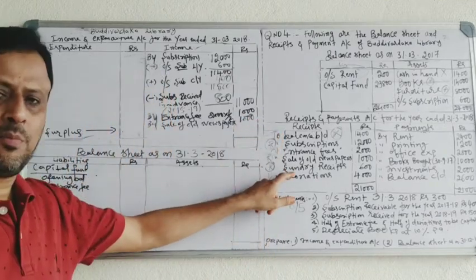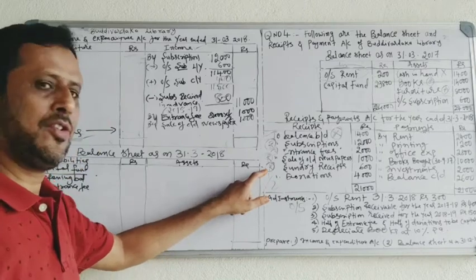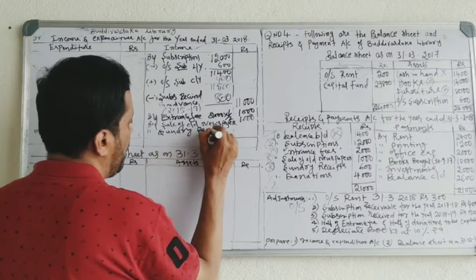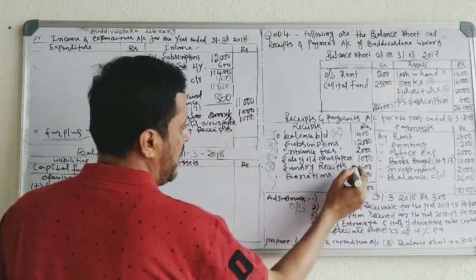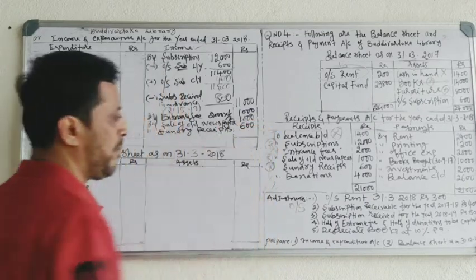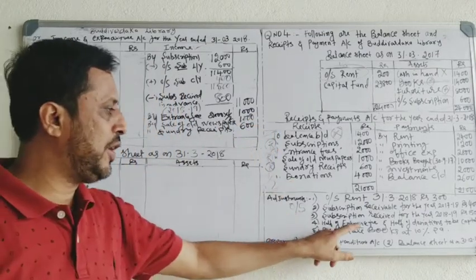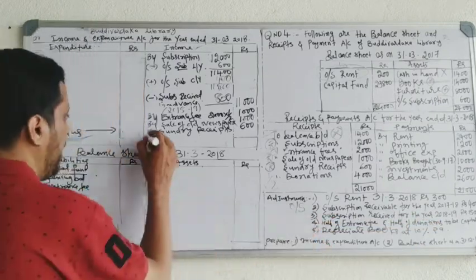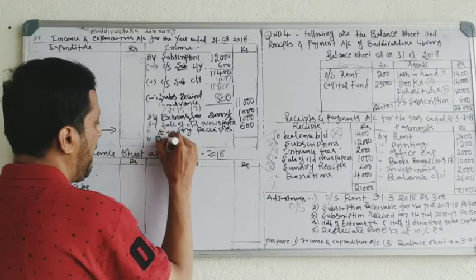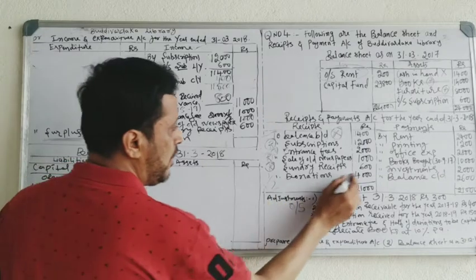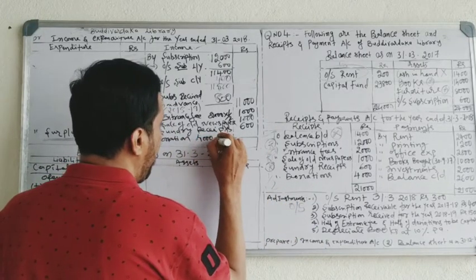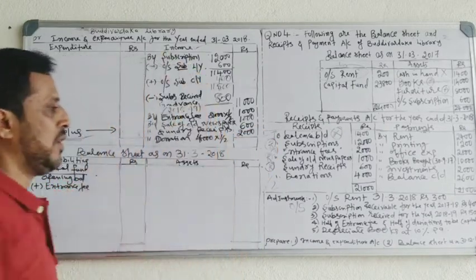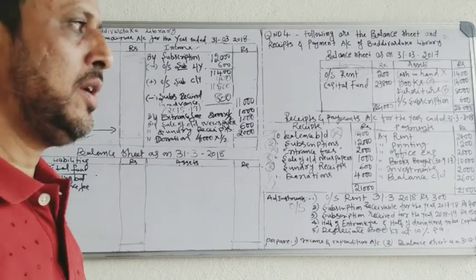Next is sundry receipt, means regular receipt, other income. It is also revenue. Sundry receipts is 600. Next, donation. Half donation is revenue, half donation is capital receipt. Half donation is revenue receipt, so take it here. Total donation is 4,000, half of this 2,000. Okay. So we have taken all the revenue receipts.